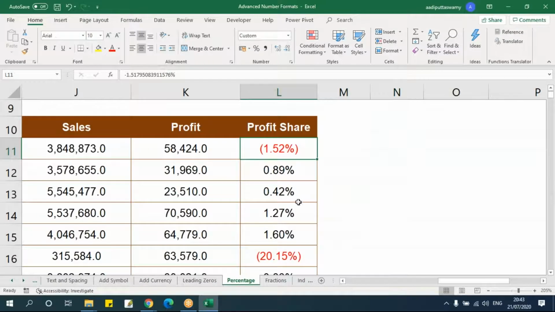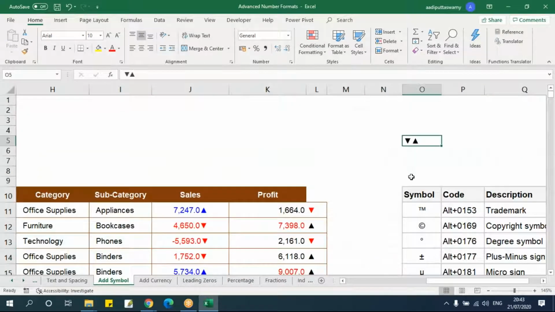Now Pallavi, tell me, what do you actually want here, so I can explain. Pallavi: I just wanted to understand, suppose it is 1.52% and you want those up and down arrows. Yes, you can put it here also. Say, for example, let me take those symbols here.